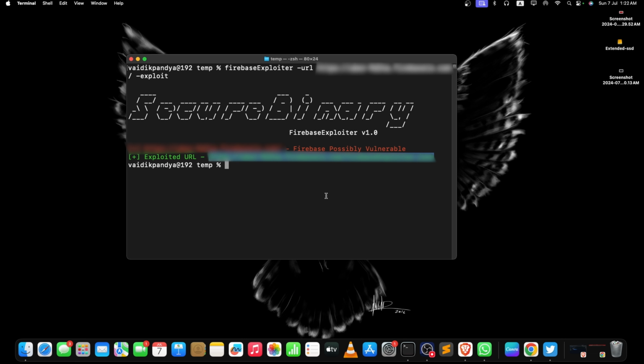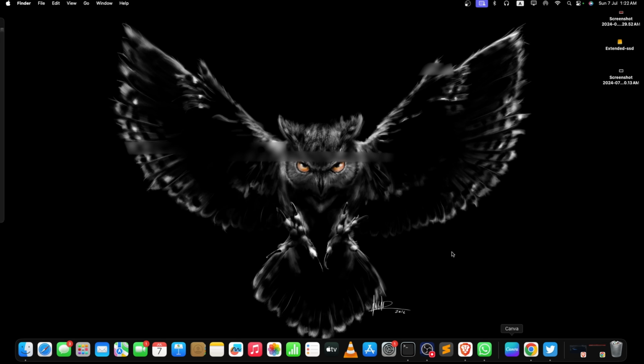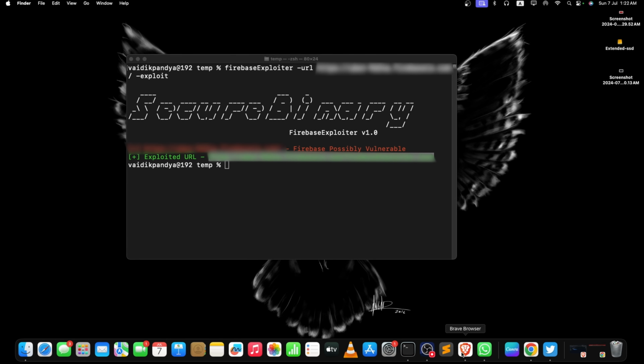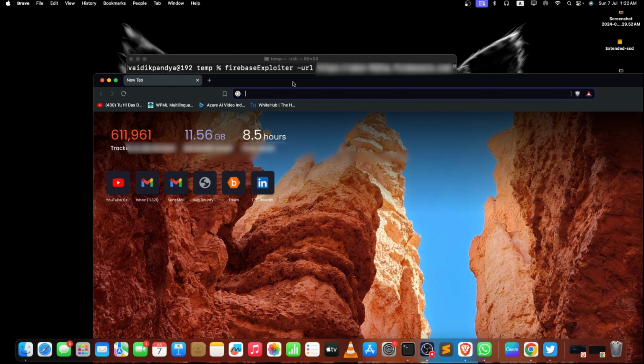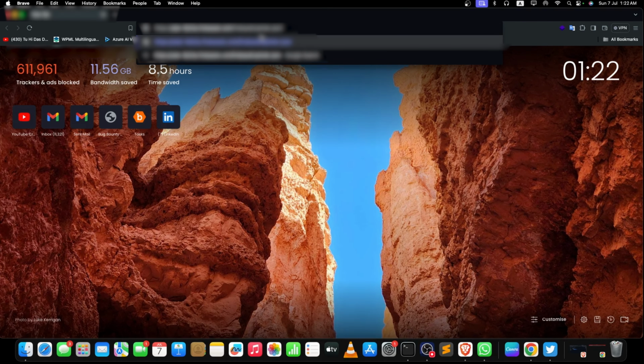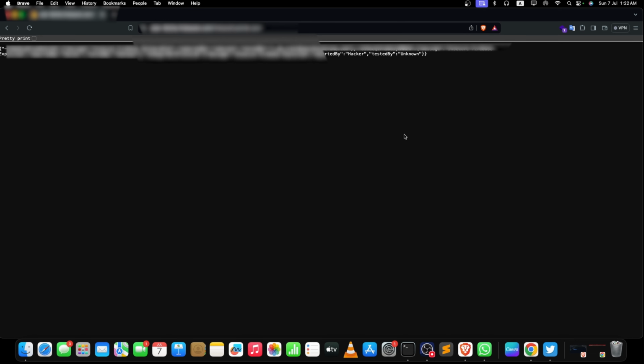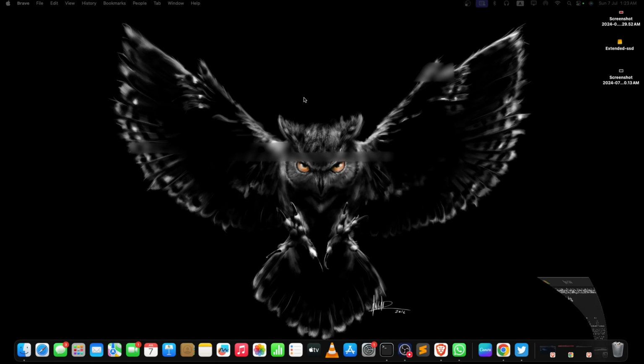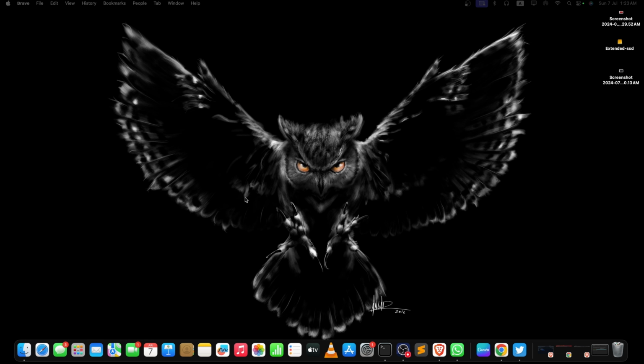So if I just copy this URL and go to any of my browsers, let me go to this tab, let me paste the URL here, and if you see, it will say a few details here. I have previously exploited it, that's why. And now you can see Firebase exploited, reported by hacker, tested by unknown. So in short, I'm just trying to import my own data into it and trying to exploit it using few of the very common known techniques to make a report and get a clear reward.